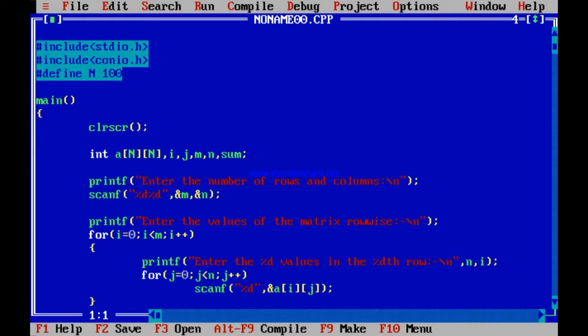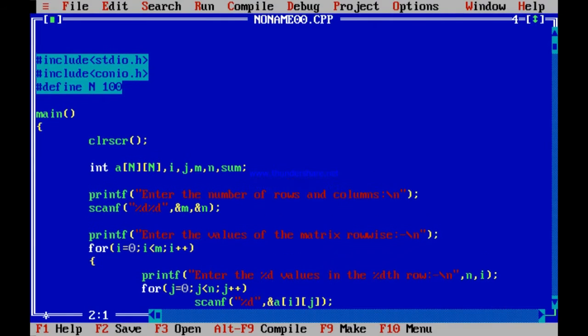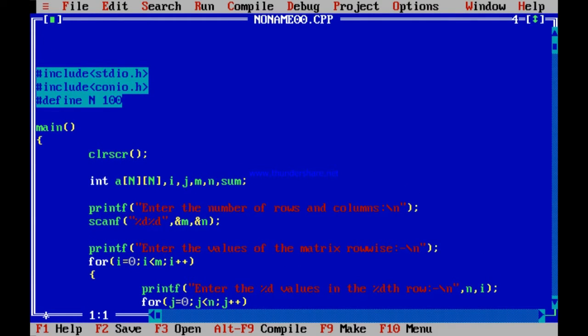So, the program that we are starting with will again involve a 2D array. That is, maybe we declared an array like a[100][100], which means there are 100 arrays maximum, and in each array there are 100 elements maximum. You can think that way, or you can think of one array having 100 rows and 100 columns maximum.